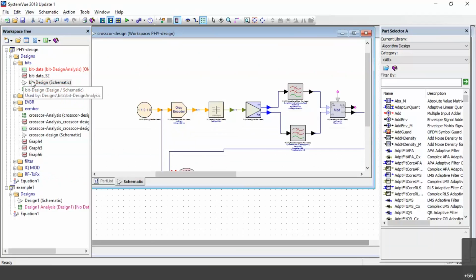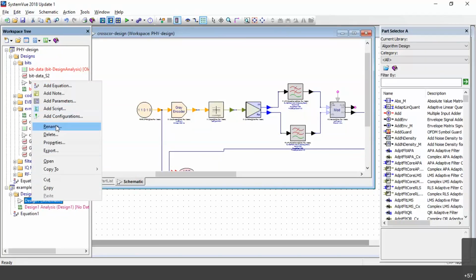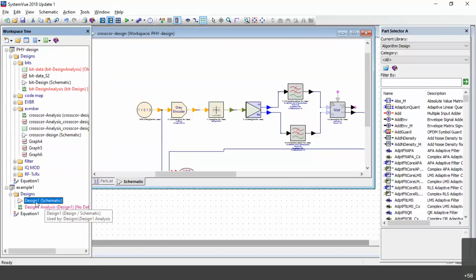See here, this is bit. I have given the name bit. You can also, in this design, rename this. You take a new blank design, and you can rename it, say, bit. Once you rename it, it will appear like this, bits. Or you can take a folder. I'll repeat once again. You can remove this or let it be as it is.